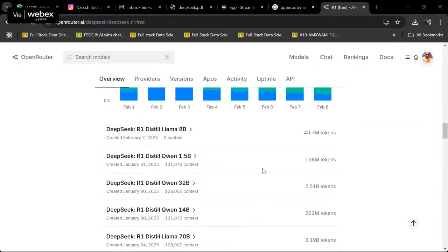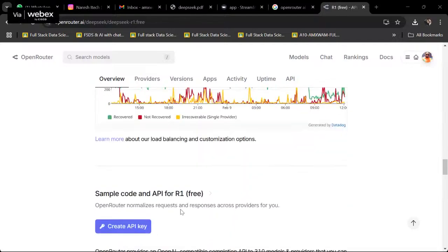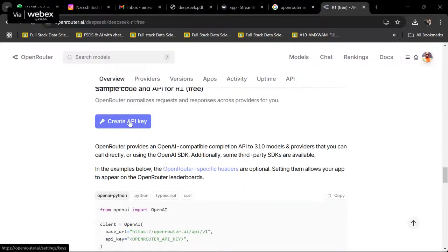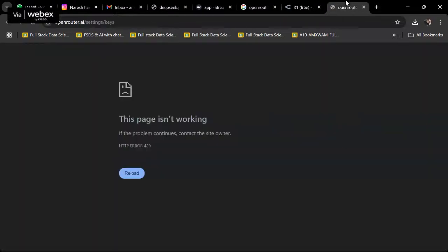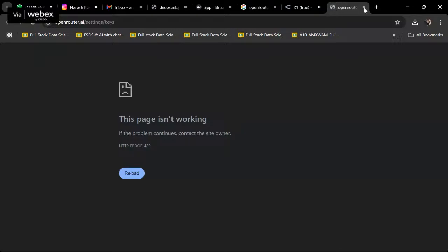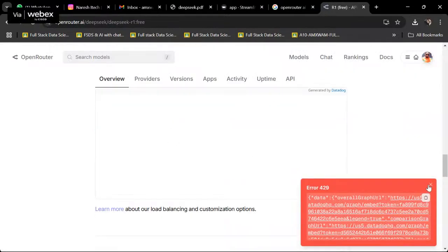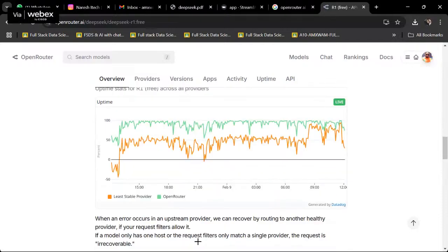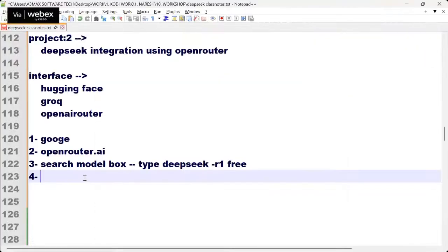See these things, if I explain, you will get lost, so I will tell you all those things later. Now create an API key. Just create an API key, right click, and open the link in a new tab. I'll just create one. Anyone? I already created mine. Can you please create this API key, guys? Search, scroll down and then create the API key. Let me copy my API key. How many of you created the API key? Please let me know.